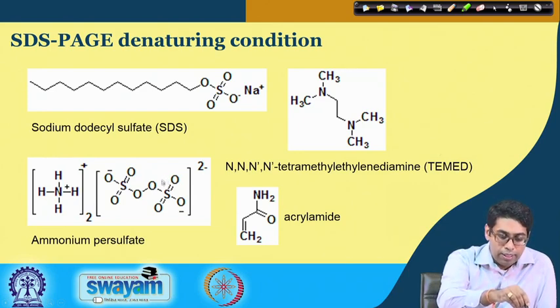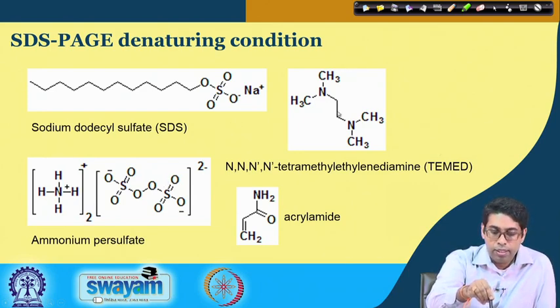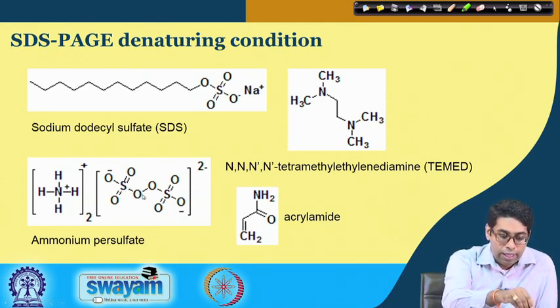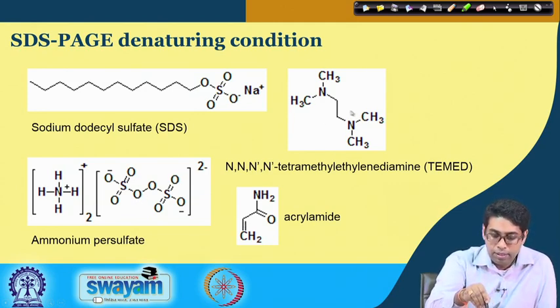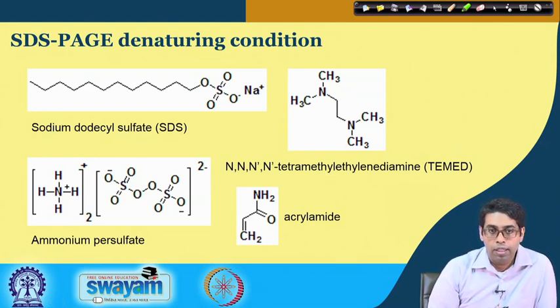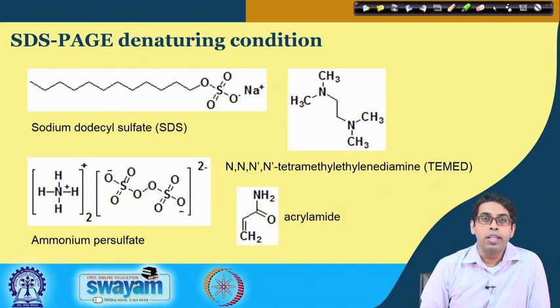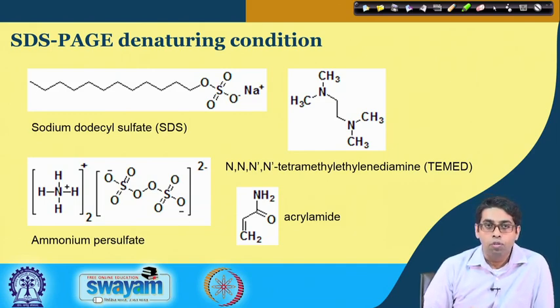Ammonium persulfate free radicals can easily generate free radicals on the TEMED, and these are very efficient in starting the polymerization of the acrylamide. So, this is the catalyst, this TEMED is the initiator, and together they start polymerization of the acrylamide bisacrylamide mixture. One very common mistake that students make is they forget to add one of these two components. They will either forget ammonium persulfate or they will forget TEMED.